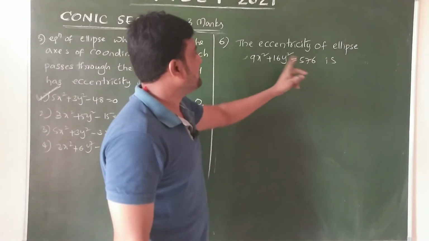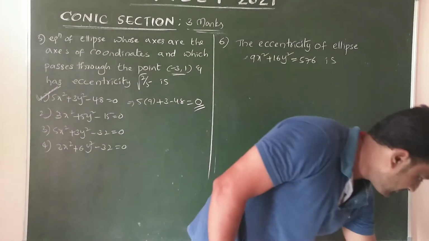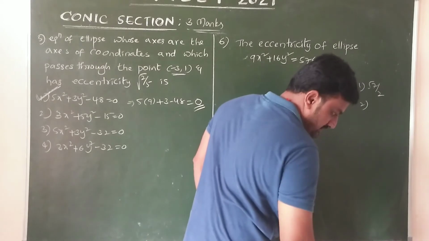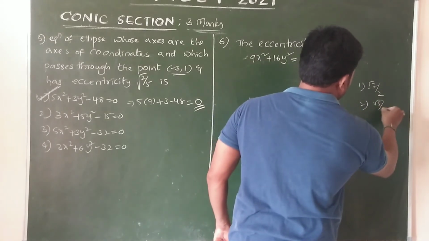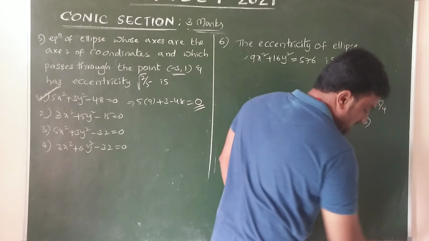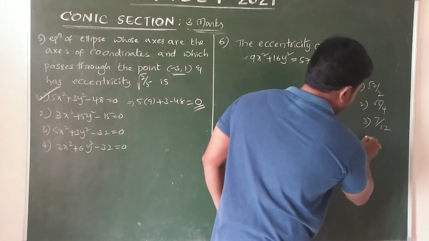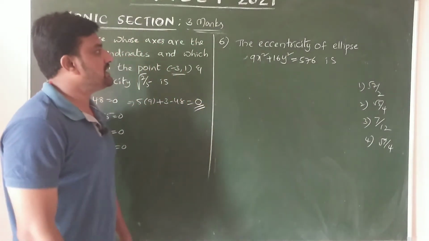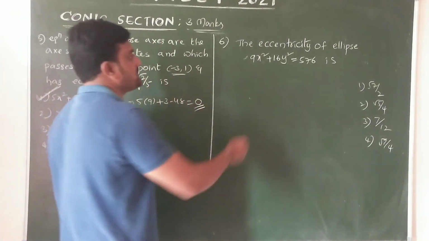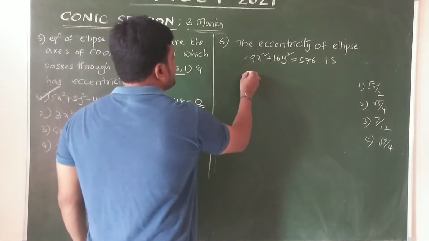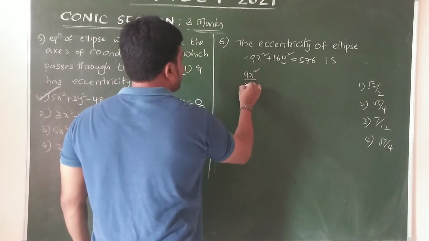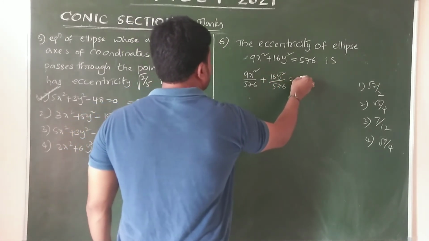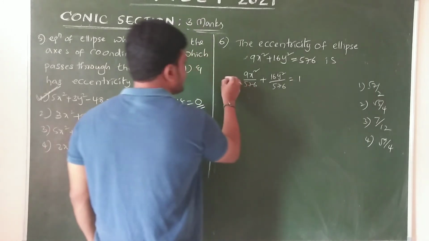the eccentricity of the ellipse. Now options are not given here. Root 7 by 2, root 7 by 2, and also root 5 by 4, and 7 by 12, and the fourth one root 7 by 4. Now eccentricity of ellipse equals what? First of all we divide by 576: x square by 576 plus 16y square by 576 equals 1. Yes or no? Then